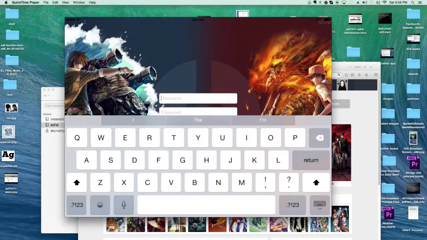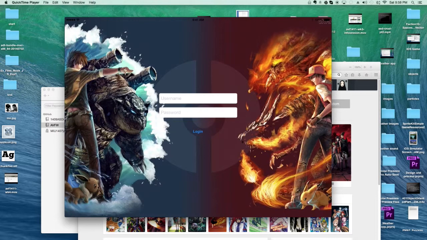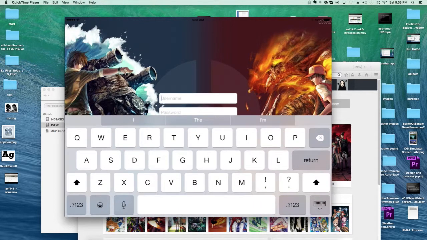But there's that issue. Second, it's not really an issue, just an annoyance. Apple always feels the need to capitalize the first letter for some reason. So if we do that, it's going to capitalize the first letter of any word. But with this API, or your username in general, if it's lowercase, it needs to be lowercase. Don't capitalize it, or it's not going to come up. It'll be an error. So you have to make sure that you lowercase